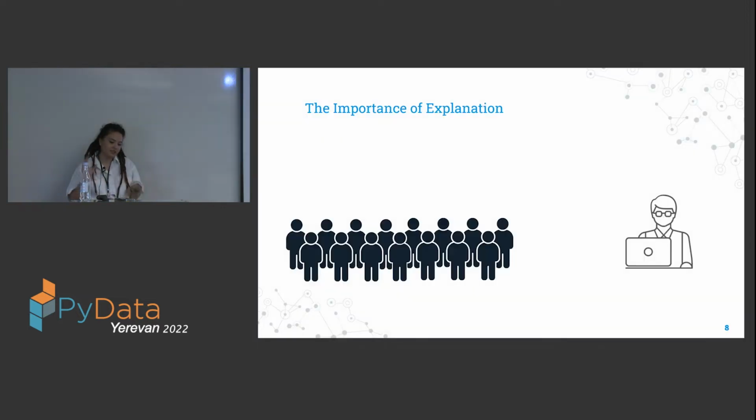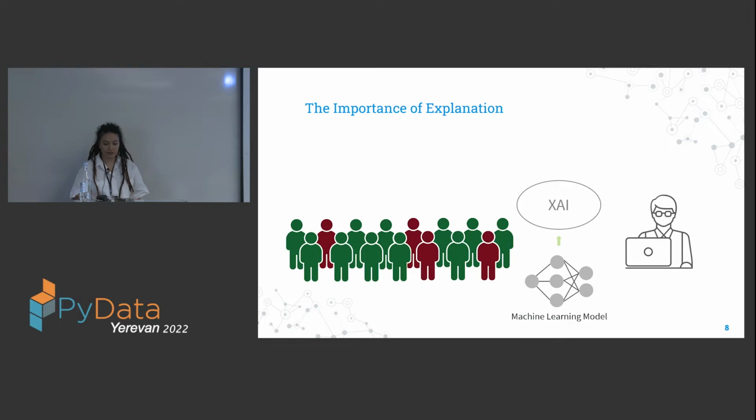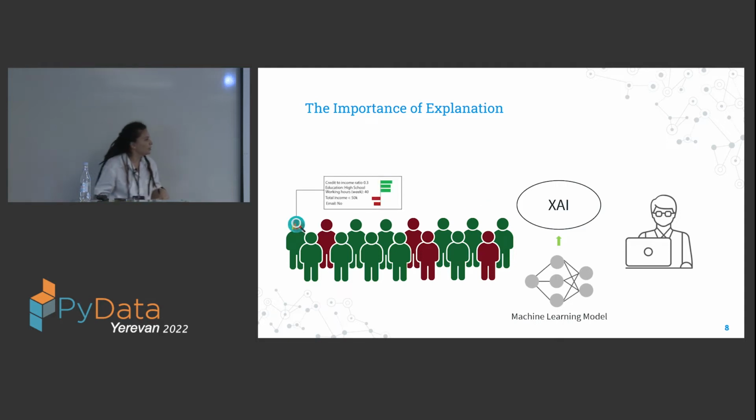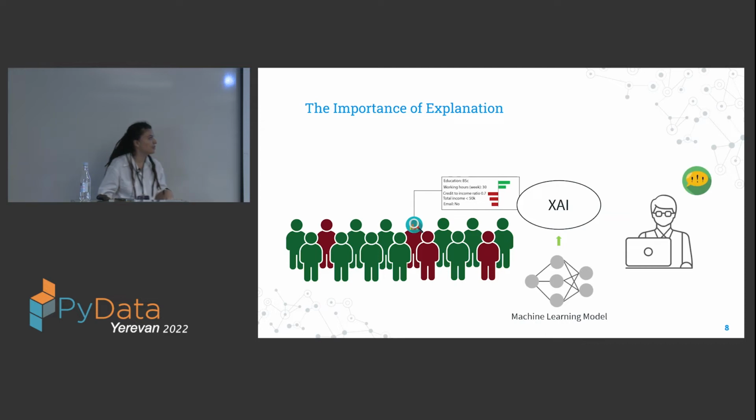Now let's imagine the same situation, but after using this machine learning model, the analyst also uses explainable AI, and after using explainable AI, he can zoom in on each applicant and see which features affected the decision of the model. Let's say the first one had a master's degree, had an annual salary which was quite high, and because of this zooming in, he will have answers for every applicant who wants to know why he was rejected or why he was given the loan.